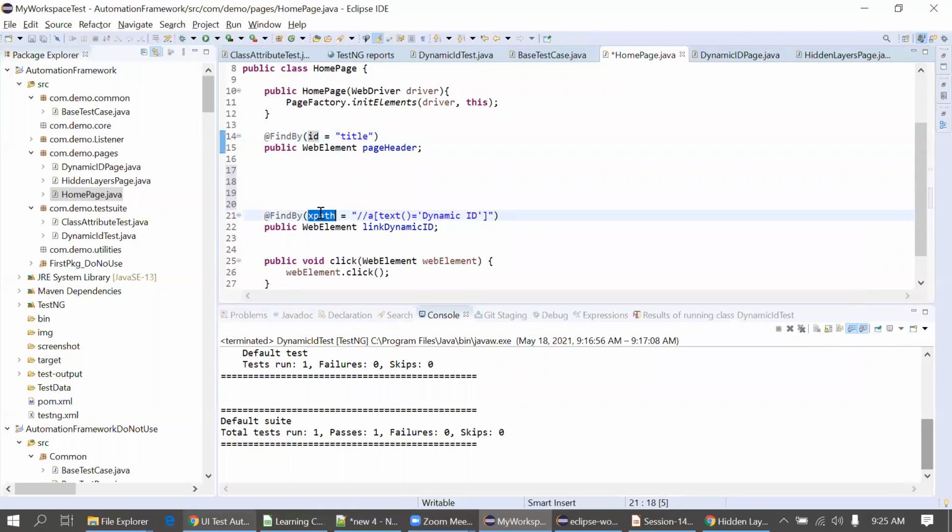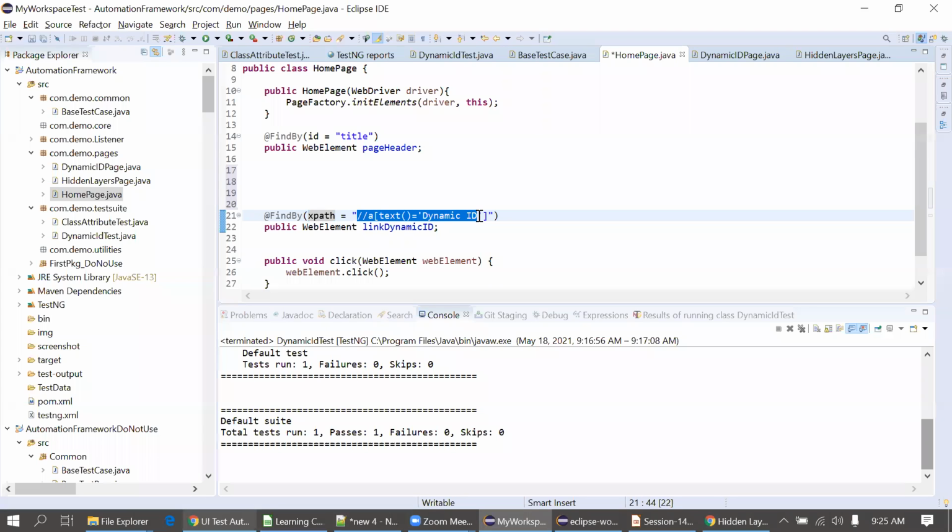If you are providing XPath, then we have to give the XPath. This is how we work with the @FindBy annotation. First, we give a name, like page header. Then it is a web element that we search by ID, that is title. And for the second, we find by XPath, so I mention the XPath.